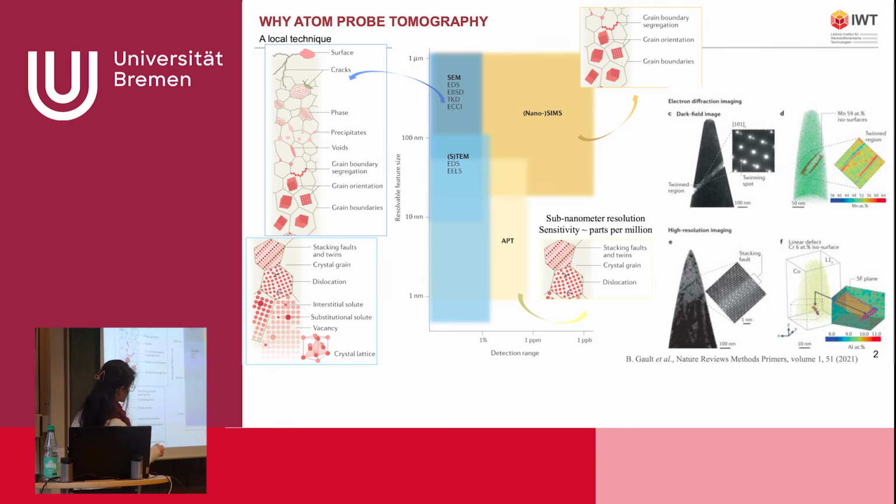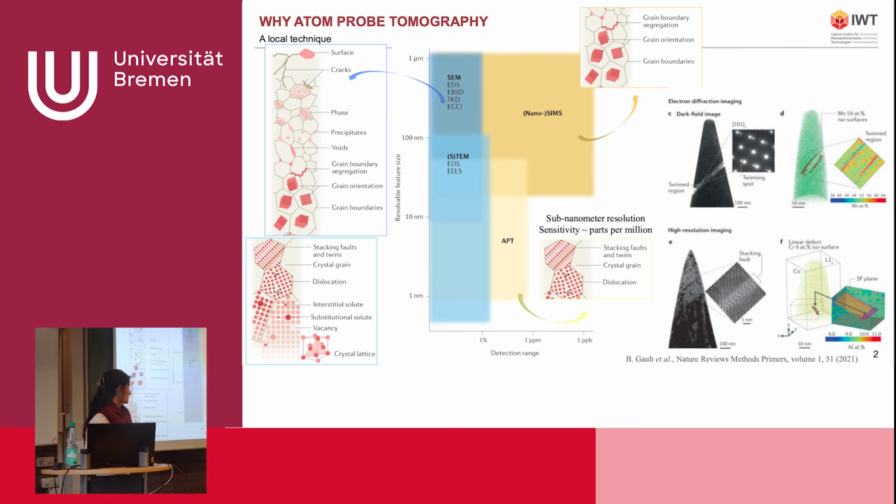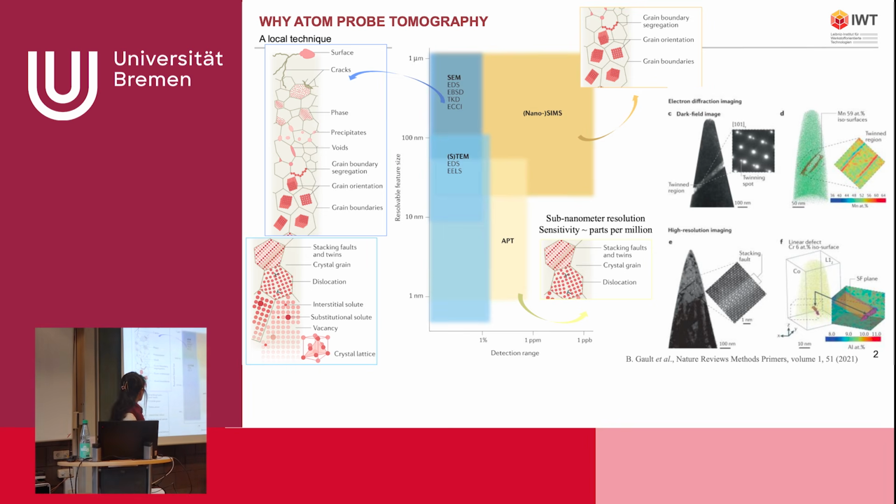And atom probe tomography just lies here, which enables us and allows us to see very small features and still get very good information in terms of chemical composition. So with atom probe tomography, we measure the chemical composition, but it's quite complicated to have the crystallographic information. In some cases, we still have the crystallographic poles that we can use to reconstruct the lattice and see the orientation of the defects, but most of the time our materials are heterogeneous and we lose this crystallographic information.